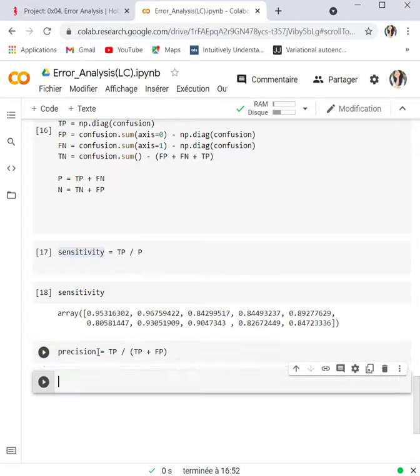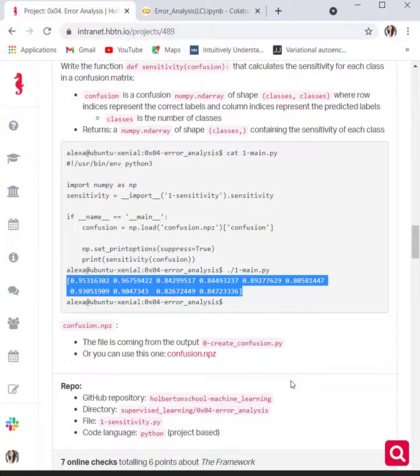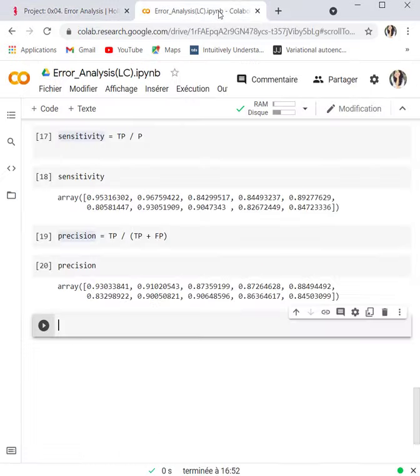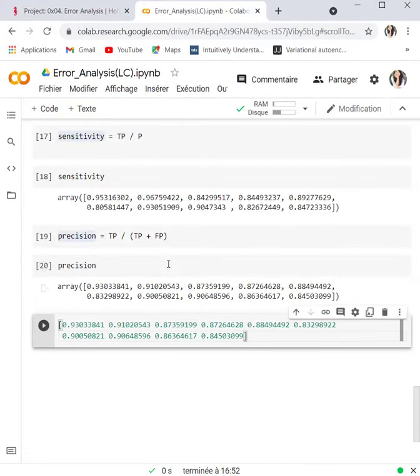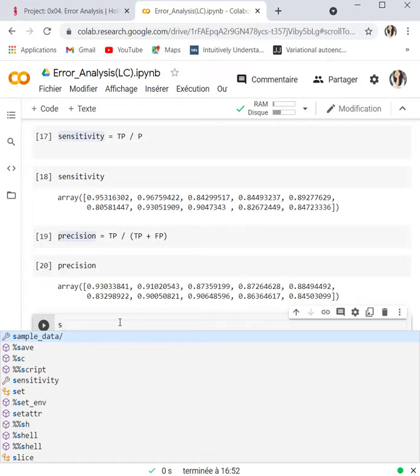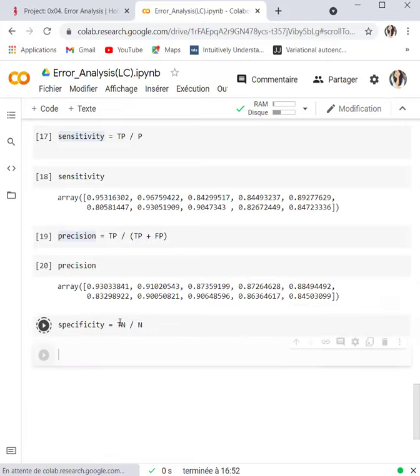And these are the values, the same values as the original. And then we have the specificity. It's going to be the true negative divided by N, by all negatives.